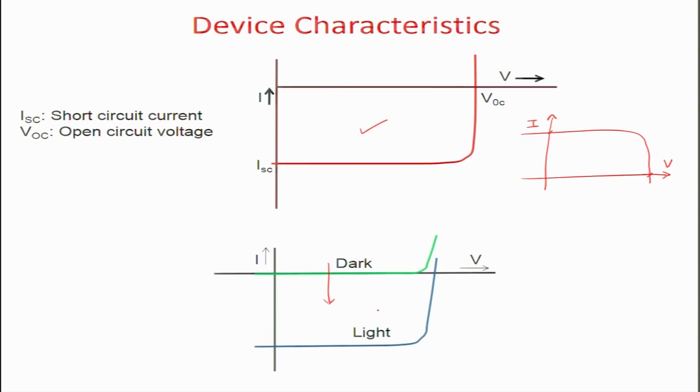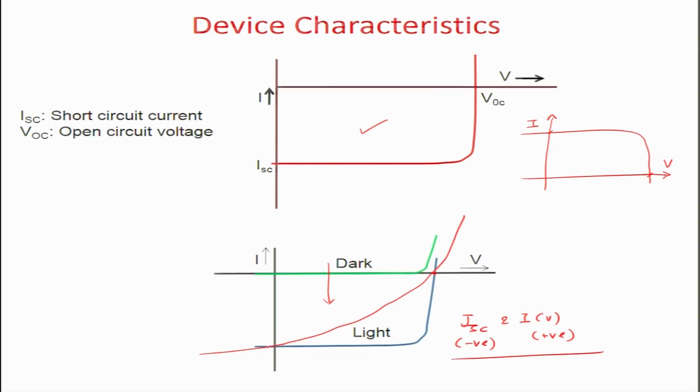So, under illumination you generate current from the solar cell, which is negative current, and this current gets outweighed. As I said earlier, the competition is between ISC and IV. One is negative and another is positive, and these two outweigh each other at this point. So, if you have more recombination mechanisms, this curve will start looking like this. In fact, IV will start dominating right from the early stages.